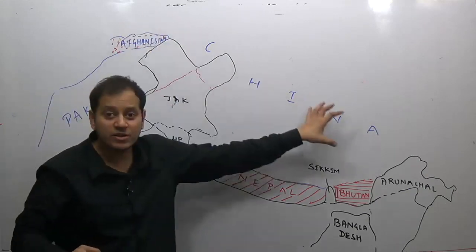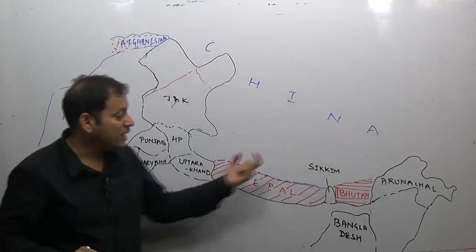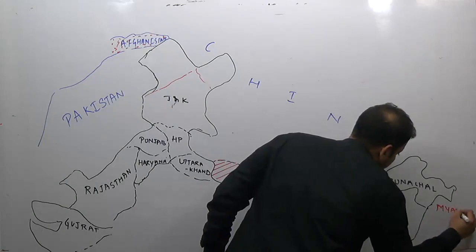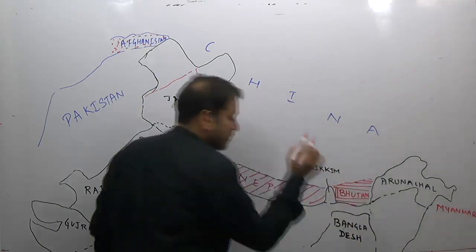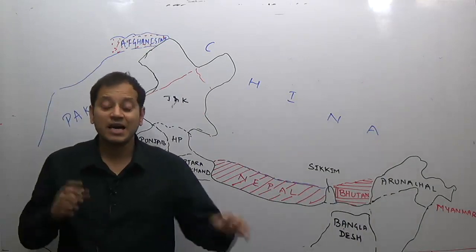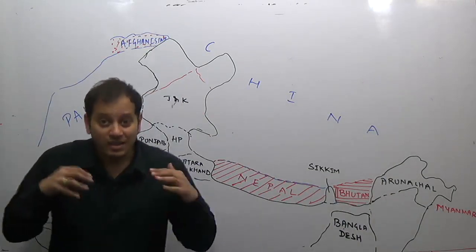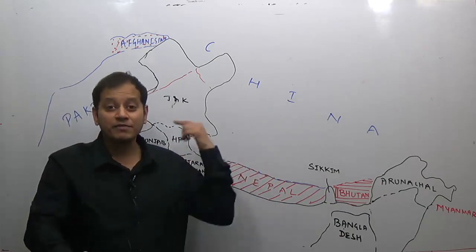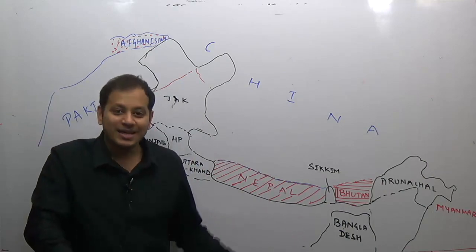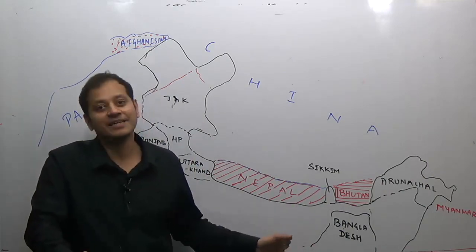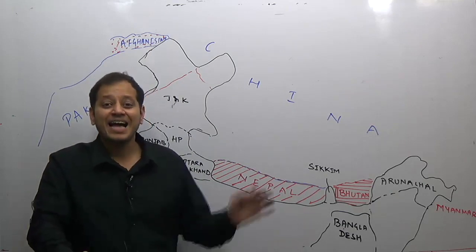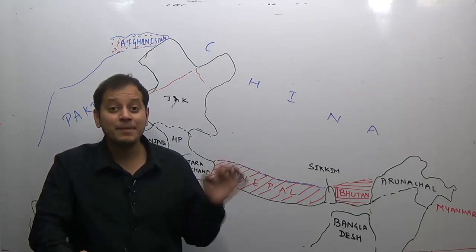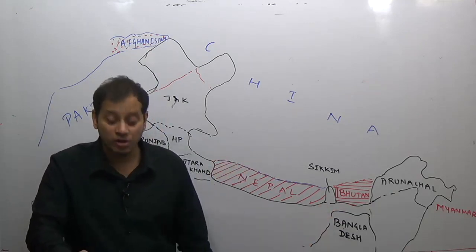Then India touches China, and India has Nepal, Bhutan, Myanmar here. So here there is a presence of Myanmar. And down here there is a presence of the Bangladesh region. So this is how India shares its land boundaries. Now, by looking at the diagram, we feel that India has the largest land boundary with China, but the case is not so. It is because the land is too much indented, too much irregular, and therefore of India's share of land with neighboring countries, the largest share belongs to Bangladesh.